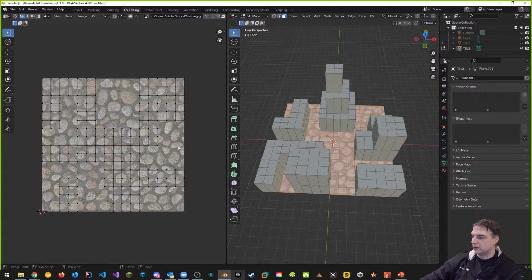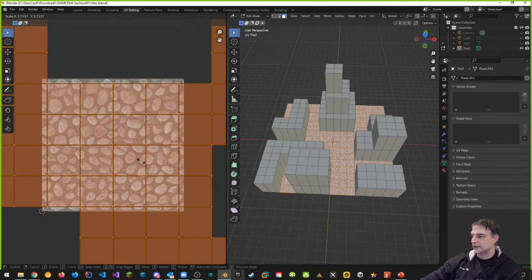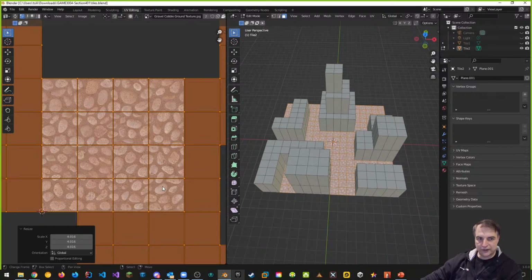Okay, next, what you want to do is select your UV islands on the left. So you can go select all, or you can toggle it with the A key, A for Alex. Okay, and then you want to scale this up to 4 times. So first we're going to press the S key, and we're going to start pulling it to the right and scaling it until we see that there's at least 3 cobblestones around right here that are selected. And as soon as I left click again, on the bottom right, there's a resize area that shows up, this little resize button. We can select it and change these values so that they're exactly